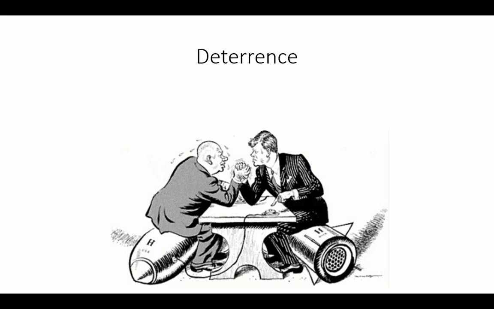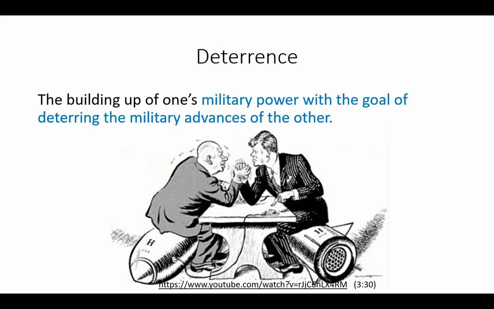So we now begin this period in which this strategy of deterrence is being used, where the American and Soviet leaders are trying to deter each other from using military force. So deterrence is the building up of one's military power with the goal of deterring the military advances of the